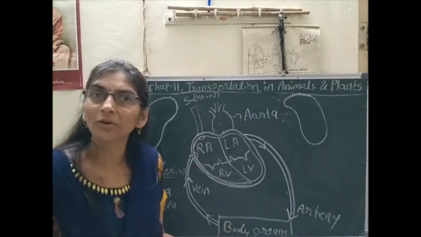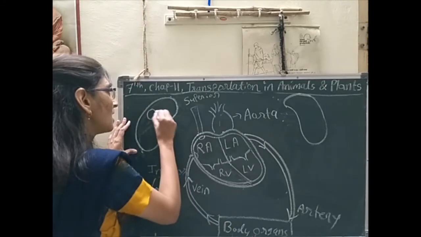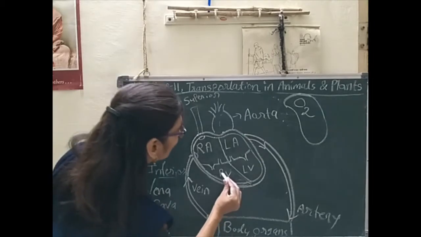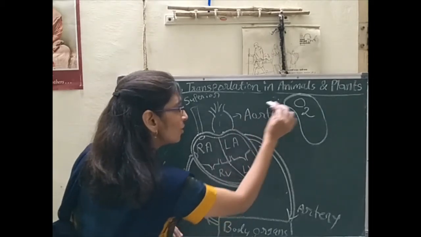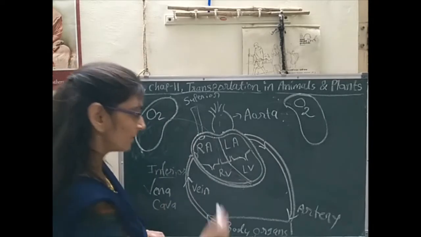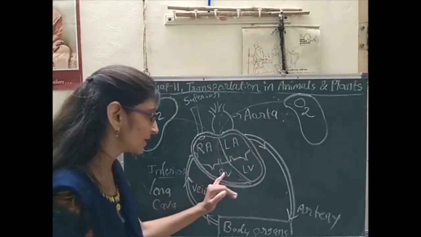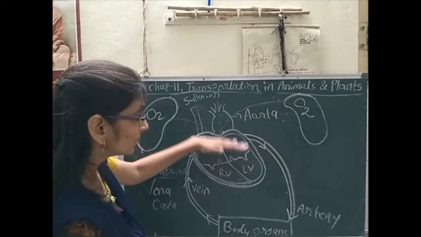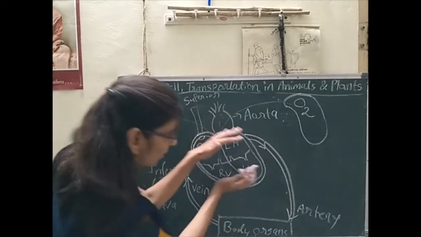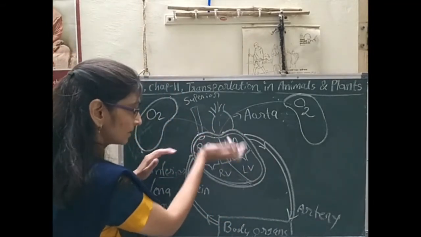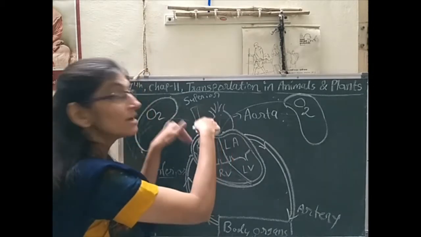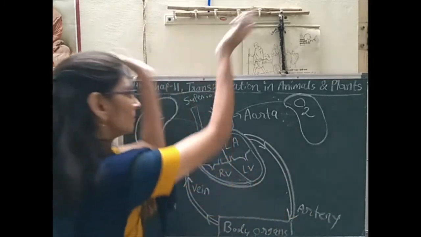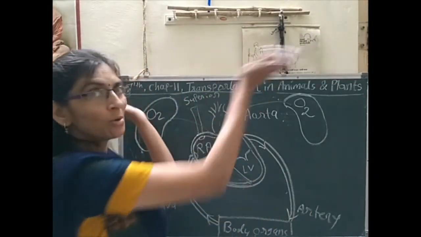So where does it go for purification? We know that inside the lungs oxygen is present. So from the right ventricle the blood will go towards the lungs. The blood will be pumped out from this right ventricle towards the lungs. And a very interesting thing, the upper part is the receiving chamber and the lower part is the pumping chamber. In that upper side only blood is received, and from that lower side, that is the ventricle, blood gets pumped out of the heart.